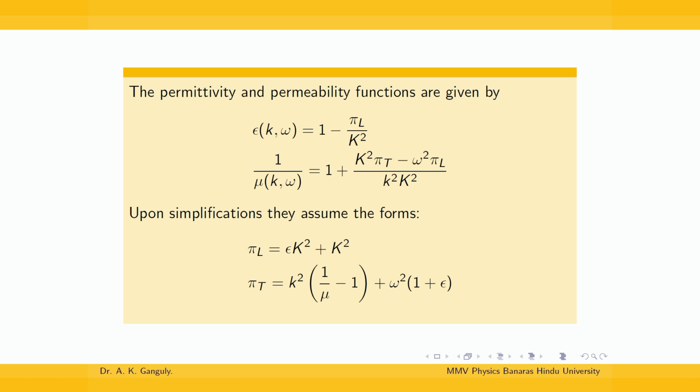Now, what we can do from here is we can define something which is 1 minus epsilon, and that will give us the longitudinal form factor upon the 3-vector k square, and similarly 1 minus 1 over epsilon mu to be equal to the rest of it, which is given on our right hand side. What we have not considered during this discourse so far